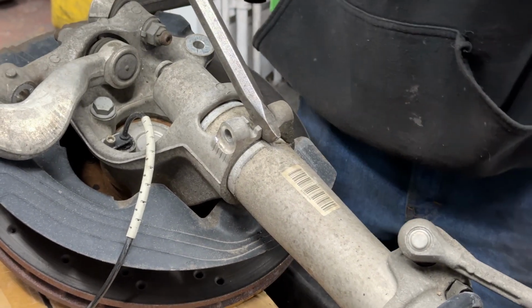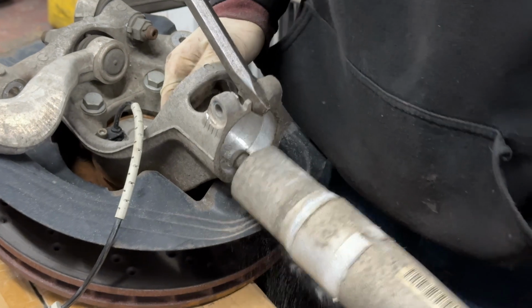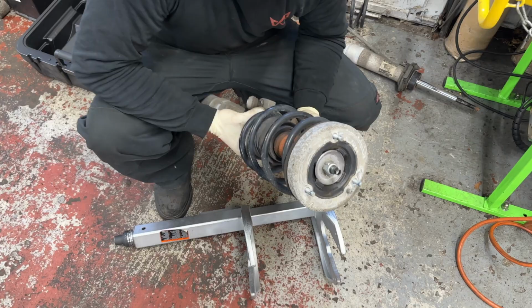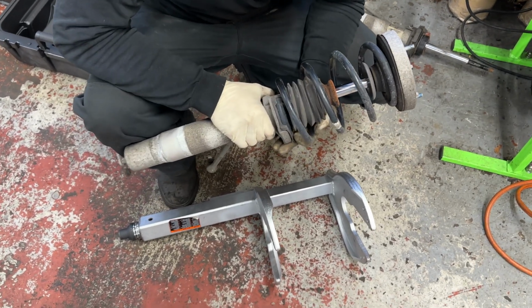There it is. There you have it. Rubber mallets, what did it? Yeah, perfect. All right, so now that we have the front strut out, what we're gonna need to do